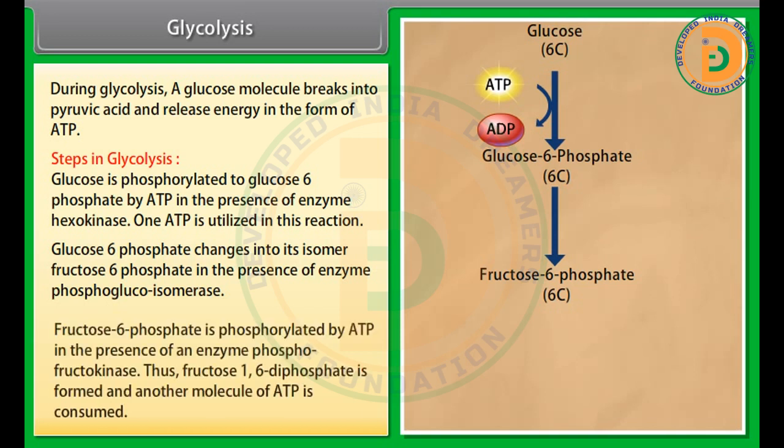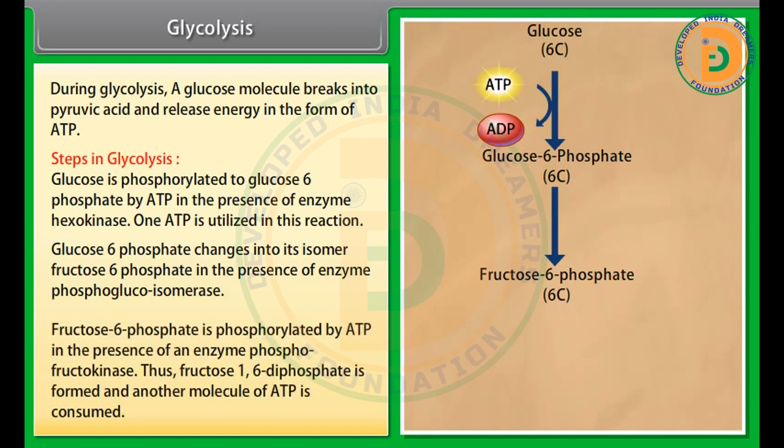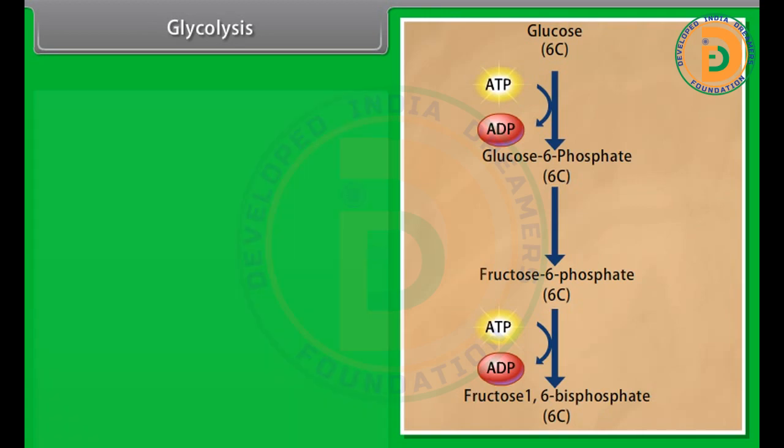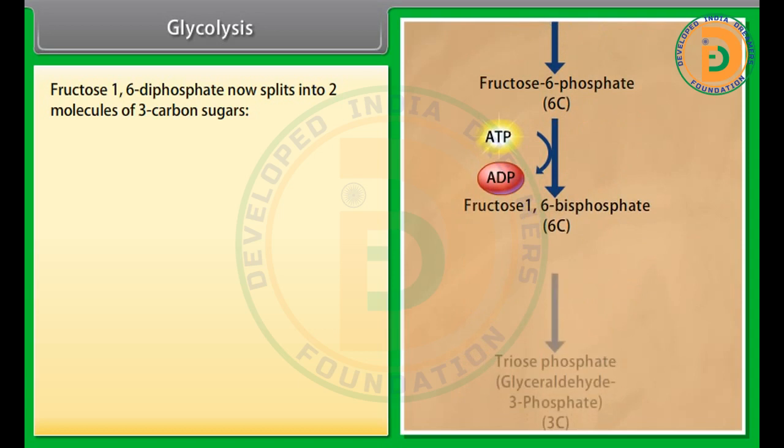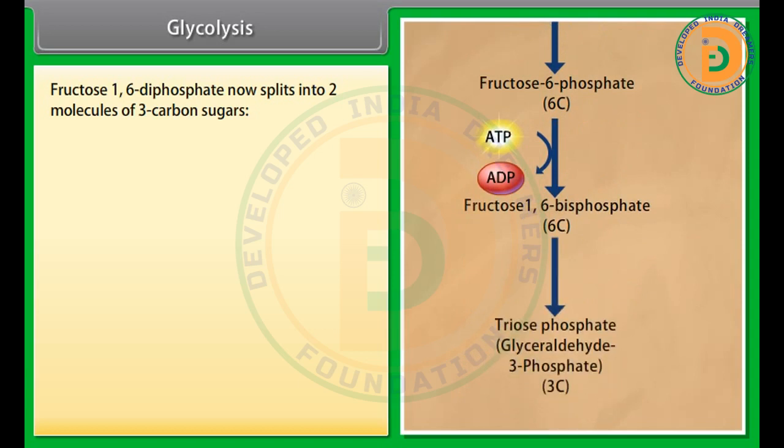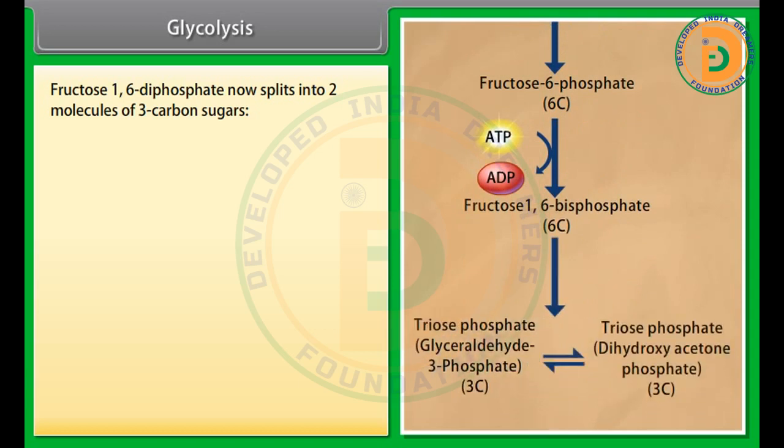phosphoglucoisomerase. Fructose 6-phosphate is phosphorylated by ATP in the presence of an enzyme phosphofructokinase. Thus, fructose 1,6-diphosphate is formed and another molecule of ATP is consumed. Fructose 1,6-diphosphate now splits into two molecules of 3 carbon sugars,